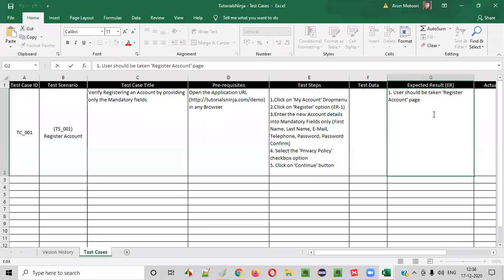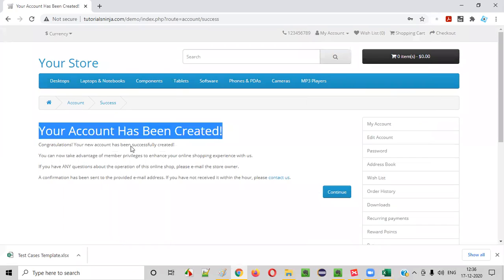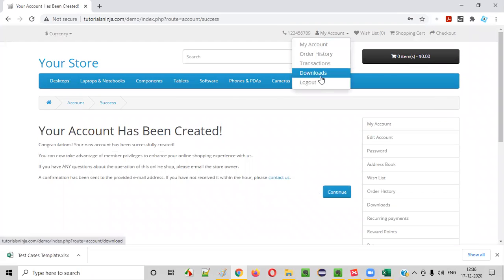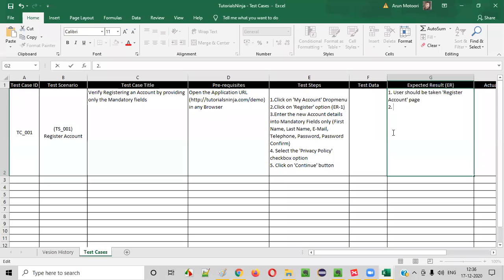So here the expected result is the same thing, guys. We have to write the expected result here. Second expected result: first of all, in order to see this page, we got logged in. You see, without your notice, you got logged in when you simply say continue, right? You already got successfully logged in. So user should get logged in. New account should be created, or account should be created,